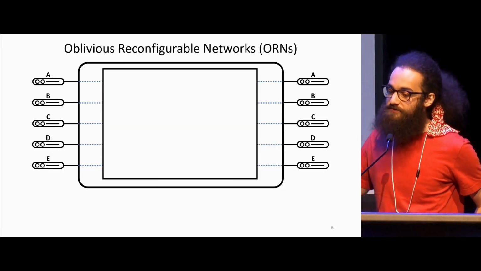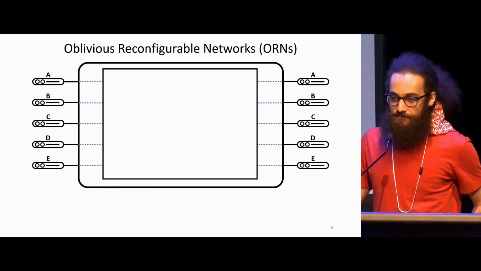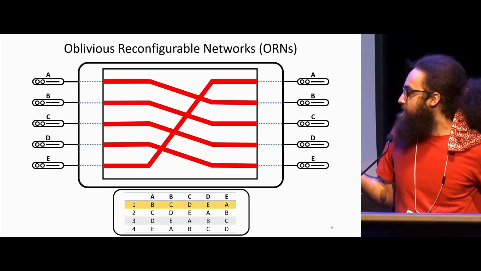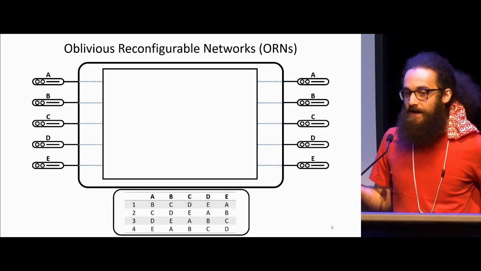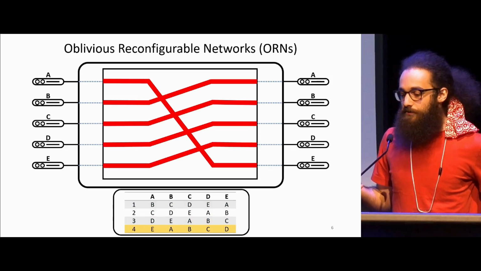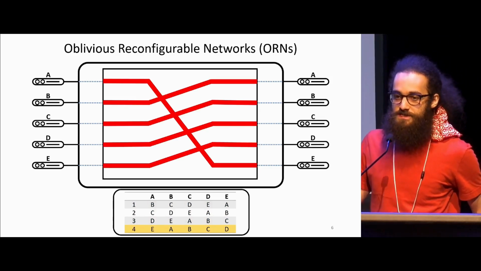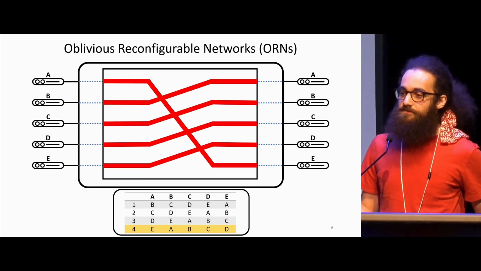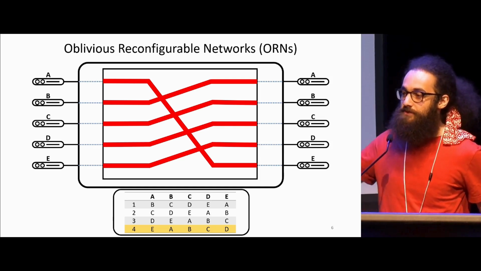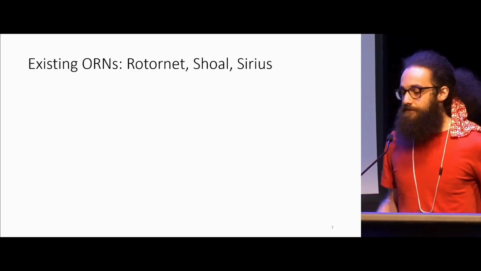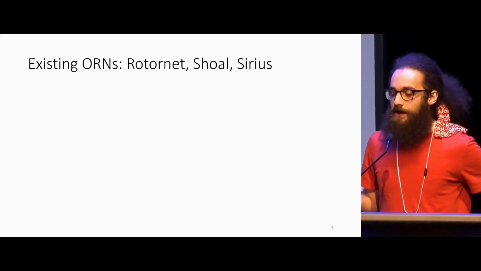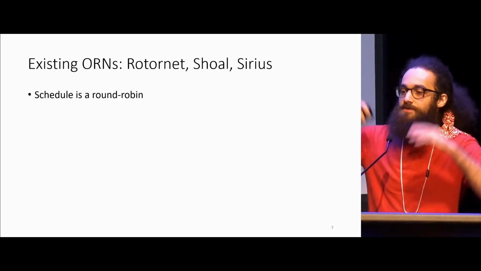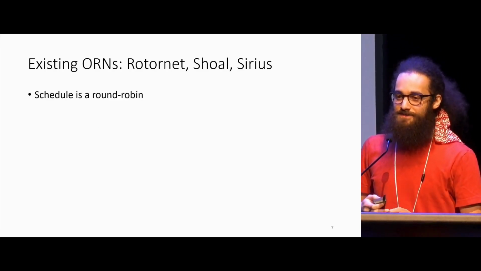That's where oblivious reconfigurable networks come in, where instead of reconfiguring dynamically, we pre-schedule the circuits that we're going to have at every point in time, and we just iterate through the schedule. If we have a nanosecond scale circuit switch, we only have to be in any one of these reconfigurations for maybe a couple of tens of nanoseconds, and that's sufficient to amortize the reconfiguration time. So we can iterate through the schedule very, very quickly. There are existing oblivious reconfigurable networks that have existed for a while. I want to highlight RotorNet, Shale, and Sirius, which all use a similar schedule, which is just one big round robin. We've seen talk about this throughout the session.